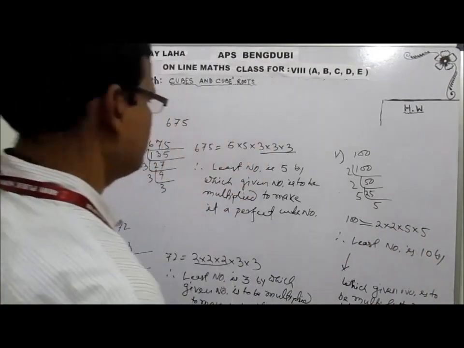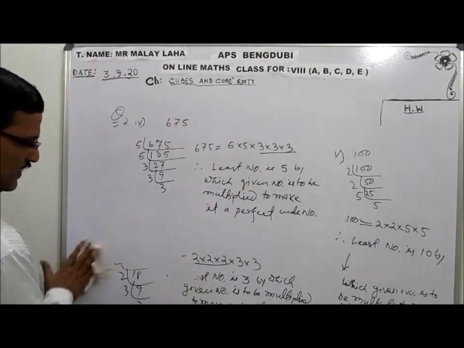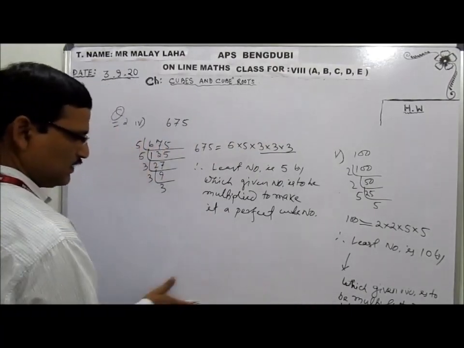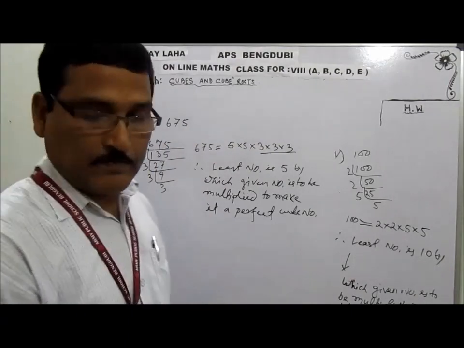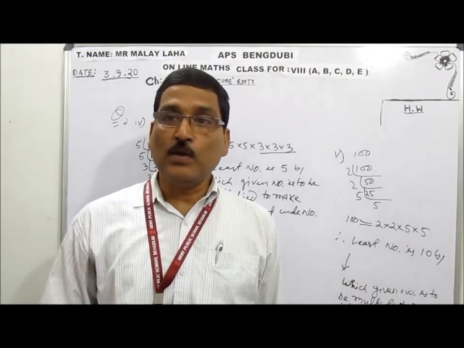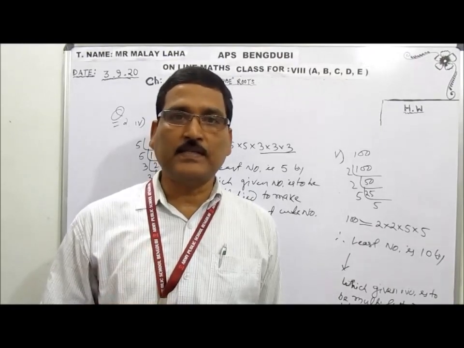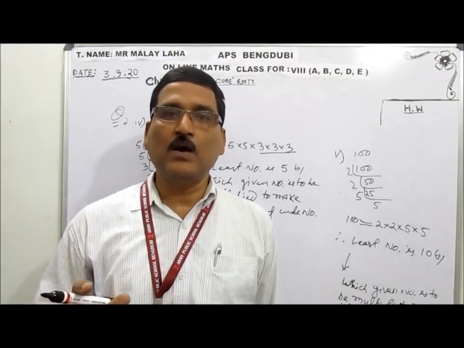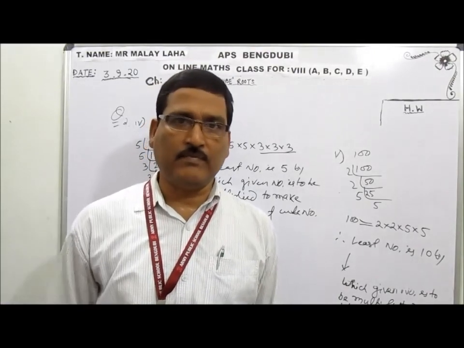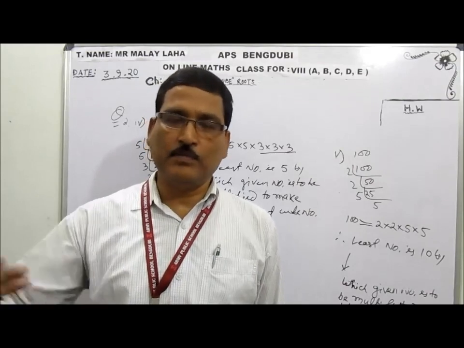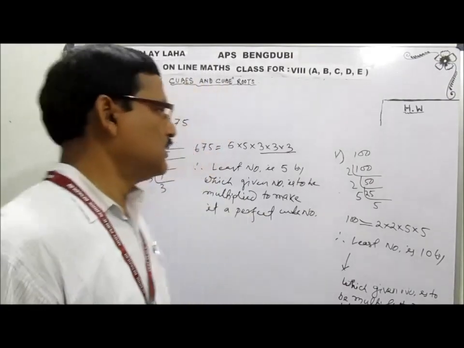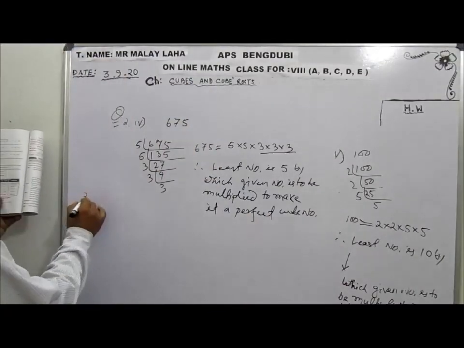Now next is question 3. Same pattern, same wording, only the answering is different. This time, instead of multiplying, we have to divide. To divide, whatever the ungrouped or unpaired numbers are there, you have to eliminate them by dividing. If the last two 5s are left, you remove the two 5s, or if one part is left, remove that one part. Whatever remaining part is there, that is the answer.